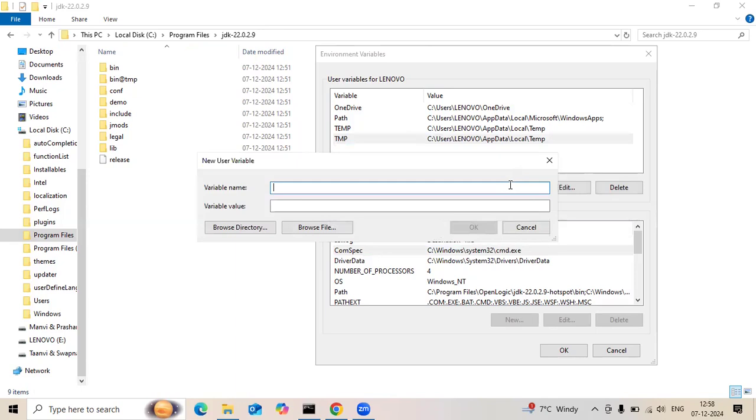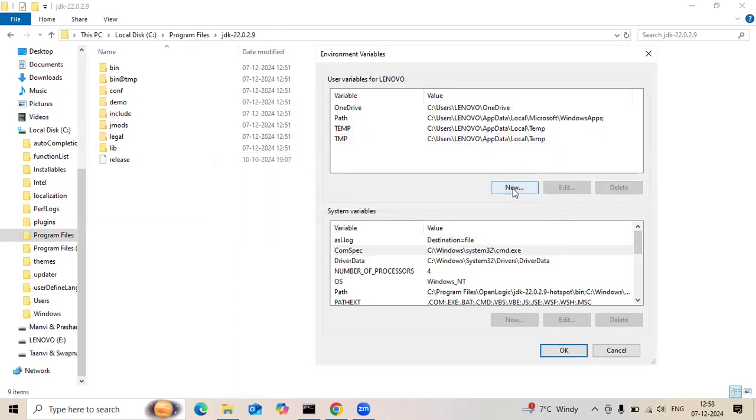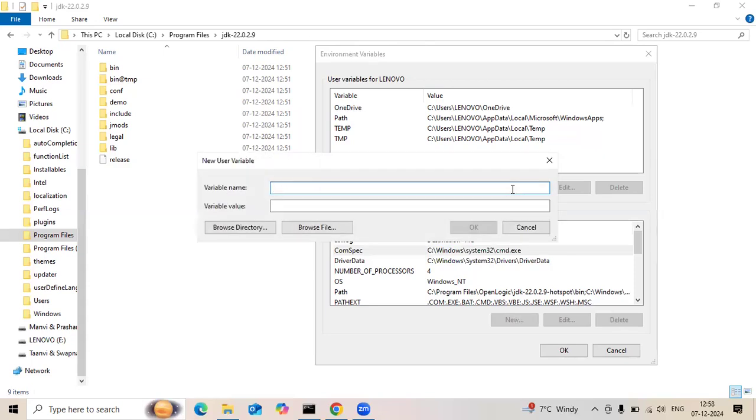So click here. Also one more thing I want to tell you here, Swapna has an old version of the Windows operating system. So in that case the screen will be like this. But whoever has Windows 11 plus, the screen would be a little different. But the objective is adding a variable name and value. Let's add Java underscore home. I'm saying my variable name is Java underscore home, and my Java is existing on